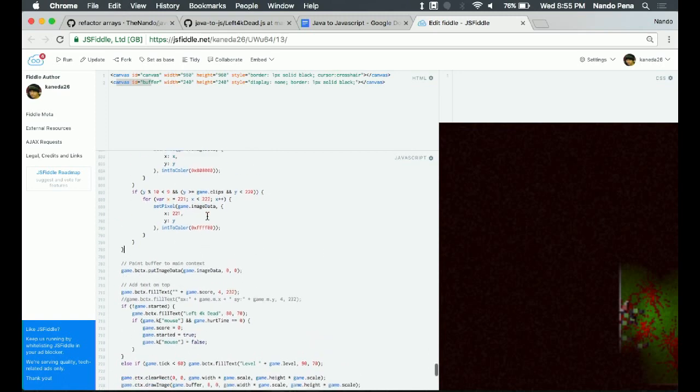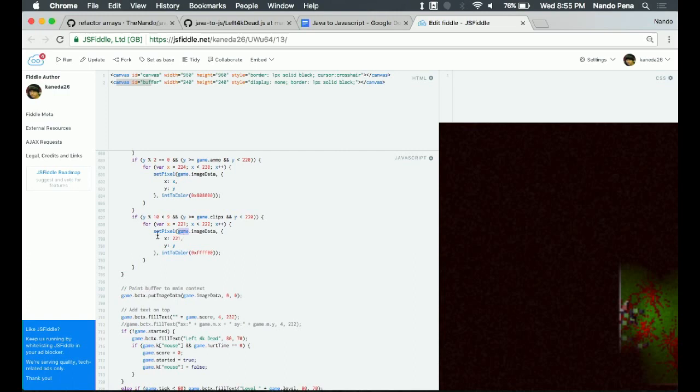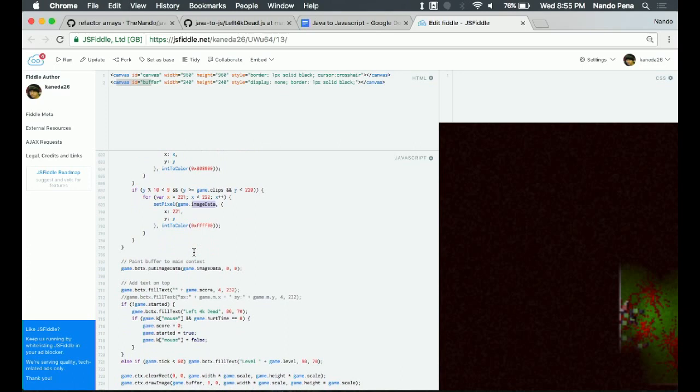So you saw that we used set pixel and the image data to colorize all the pixels for that frame. Now that we have that collection of pixels, we can use this context, which gives us access to all the drawing API stuff. We're going to use a standard function, putImageData.